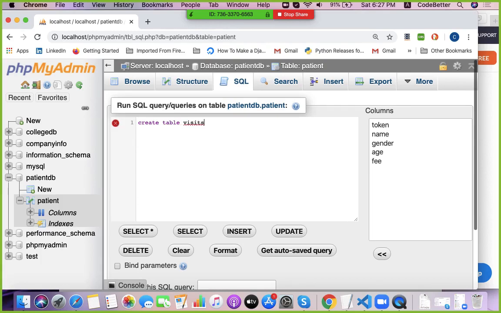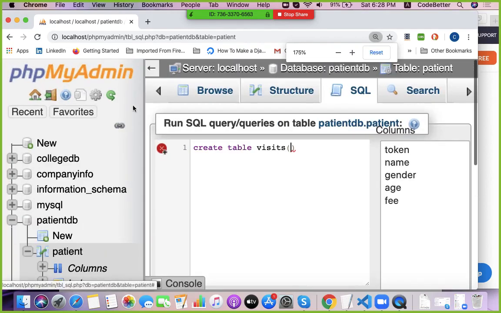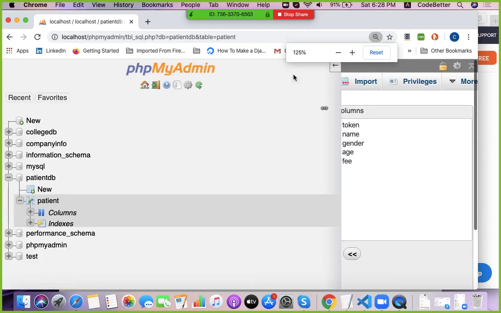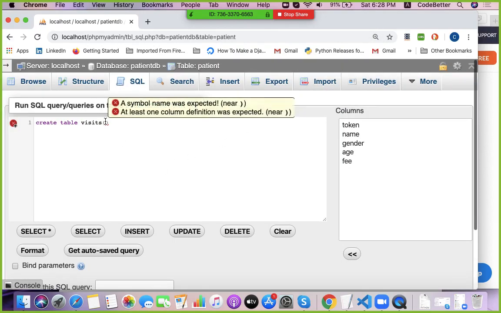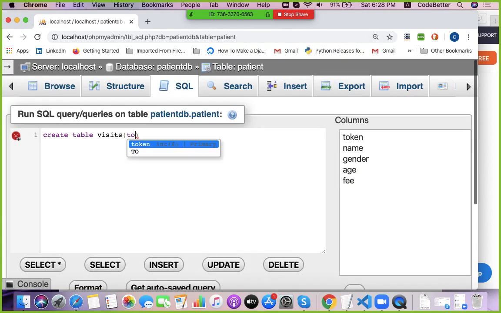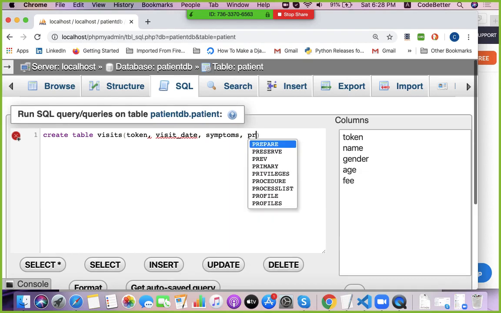This is the visits table where I want to store some extra details of the patient. Let's say token number, then visit underscore date, one column, symptoms, and prescription.